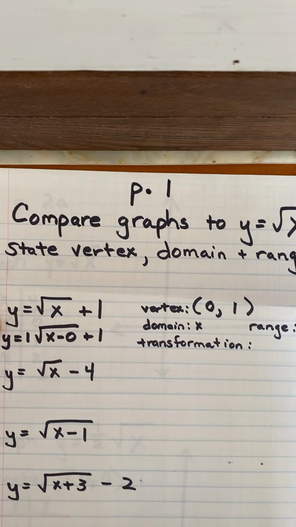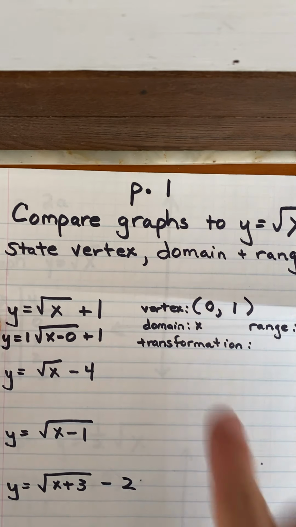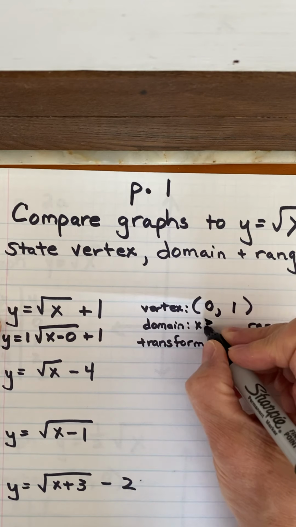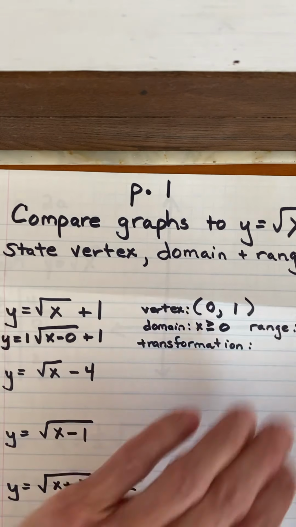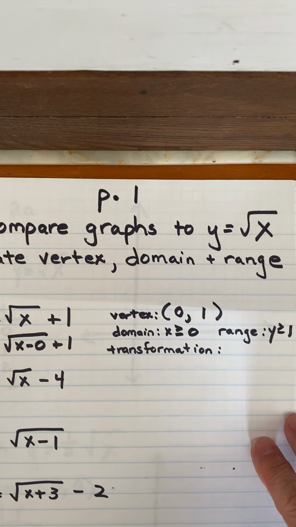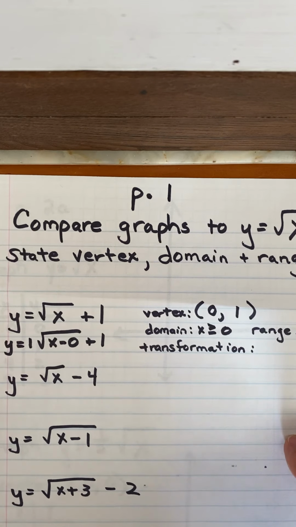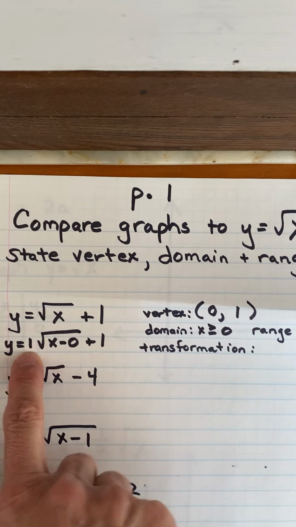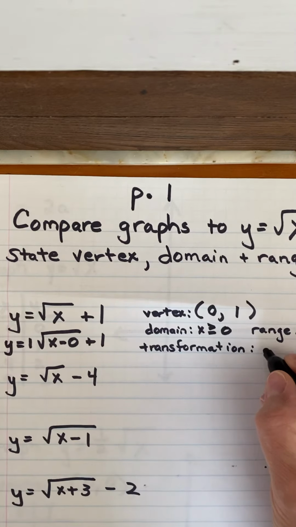So I know my vertex is (0, 1). That means my domain must be greater than or equal to 0, and my range is greater than or equal to 1. Okay? Now, what kind of transformation occurred? Well, we know a is 1, so if the only thing that happened was the vertex changed,